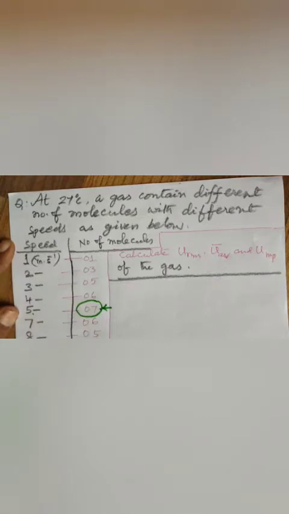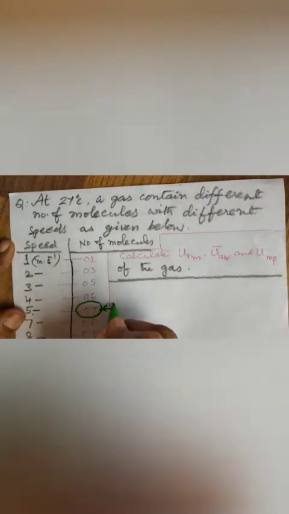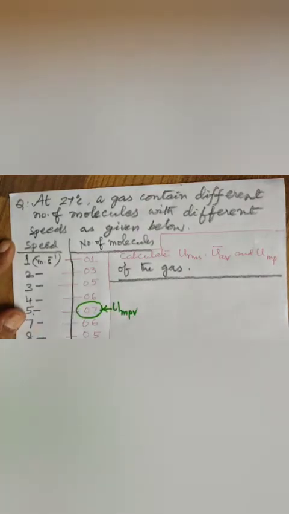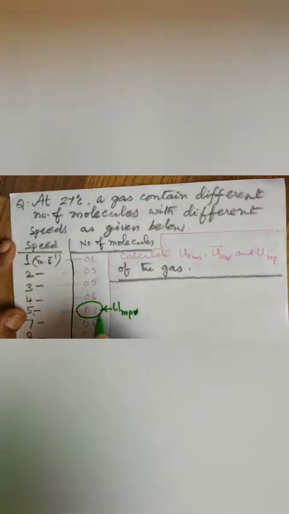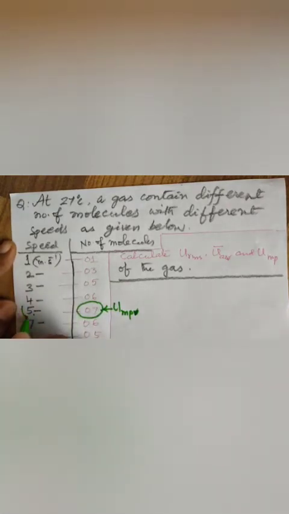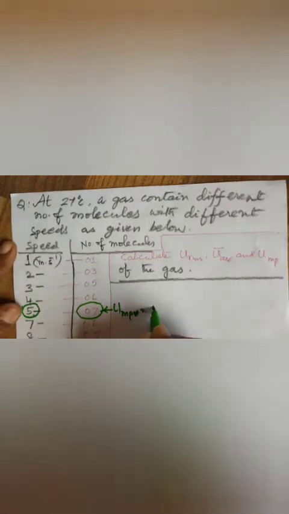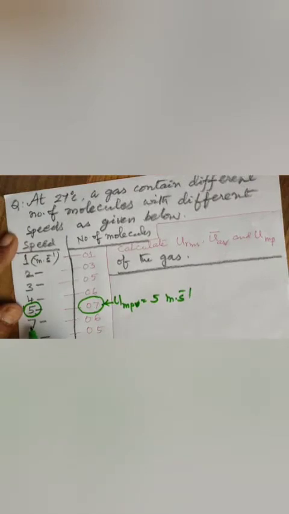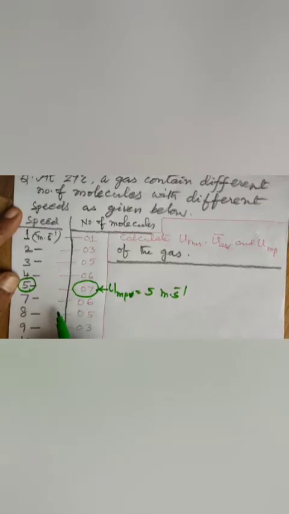As per theory, what is this one? This is known as most probable velocity or most probable speed as per the definition. So the answer is 5 meter per second, the theoretical answer. Yes, with a 7 meter per second speed, the number of molecules is 6; 8 meter per second, 5 molecules; 9 meter per second; next 10 meter per second, 1 molecule.